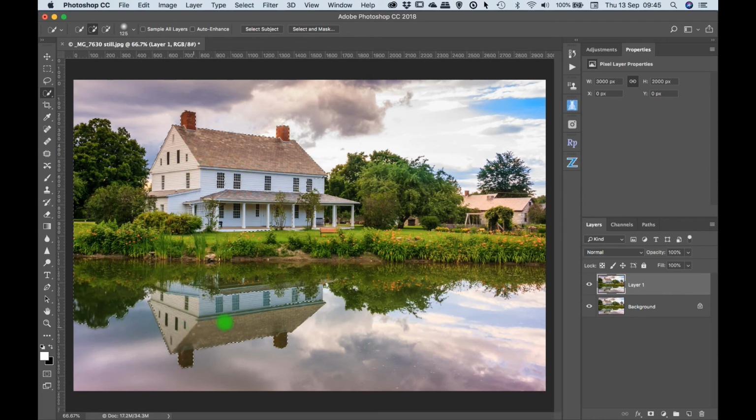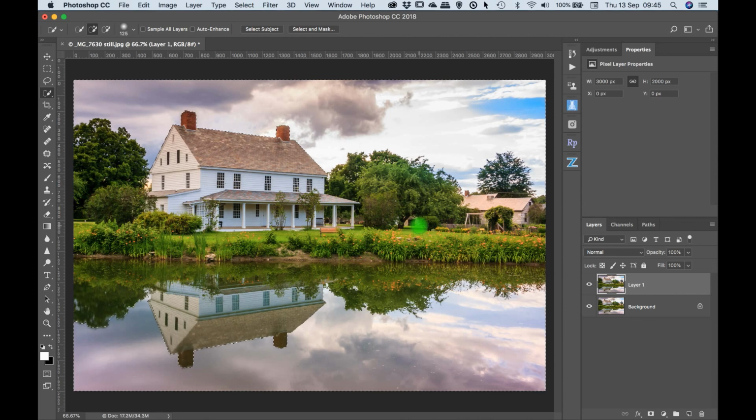Well, the houses, I say houses, the reflection of the house and the reflection of the greenery and everything. And we just run round, very carefully doing that, making sure that we've got everything selected. Now, we actually want the opposite selecting, so I'm going to hit the shortcut, which is Command or Control if you're on a PC. So that's Command or Control, Shift and I, which will actually invert the selection to make that only the sky